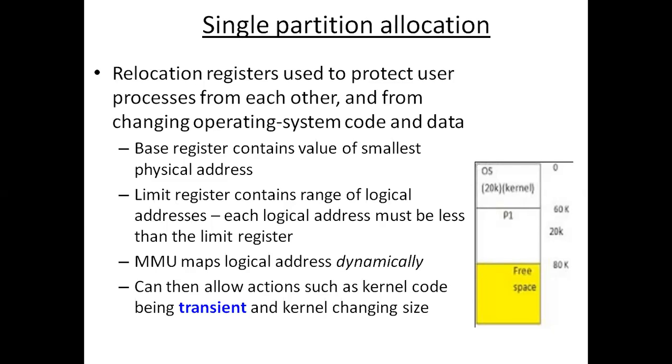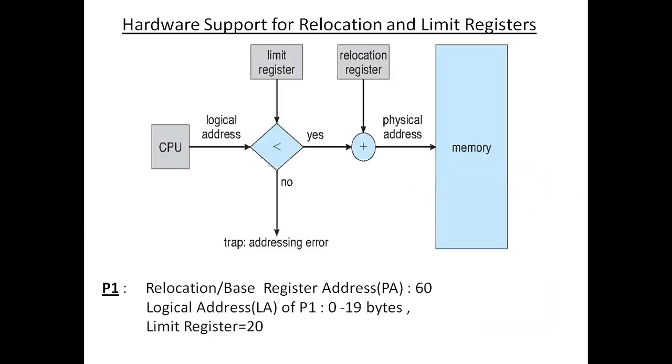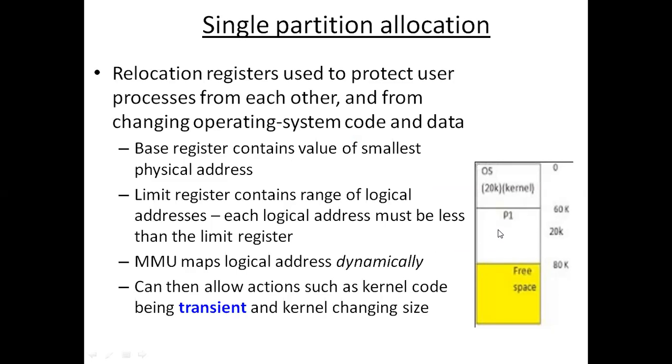So as we already spoke about in the previous class, we basically have the hardware support which makes sure that the CPU points to the right instruction that has to be executed. So right now, let's say it's executing the process P1, right? So there are two registers which take care of right address generation, and that is nothing but the base register and the limit register, right? So the base register will contain the smallest physical address.